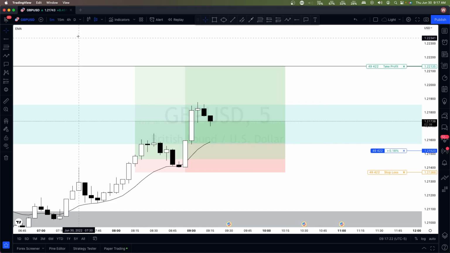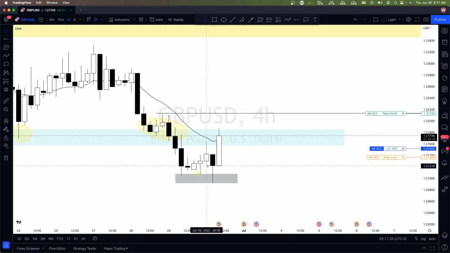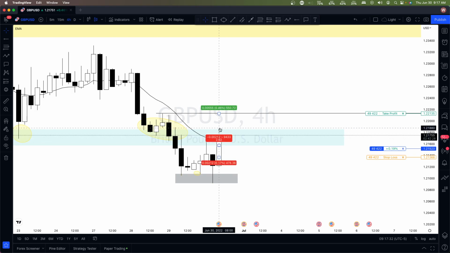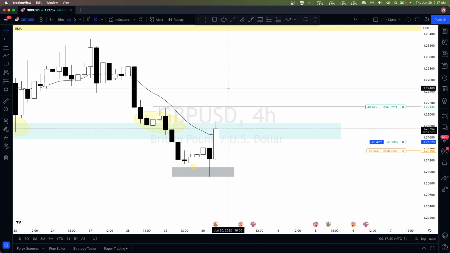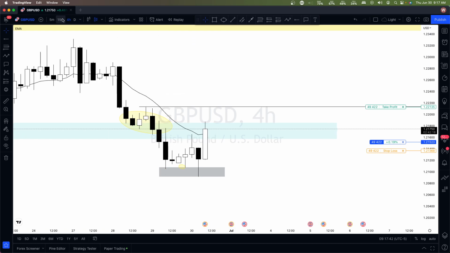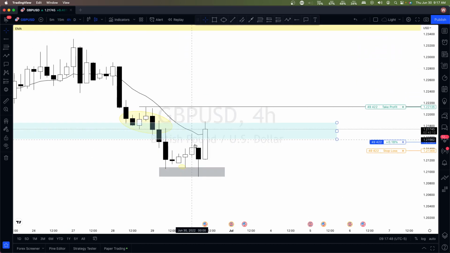All right. So I just want to share my thoughts. So on the 4-hour time frame, we do have a massive candle right above the EMA in the zone, right above the zone. Take profit is above here, which is the recent 4-hourly high. Pretty big take profit, and kind of away from there. We have a wick at the top. There is pretty much no wick at the bottom.